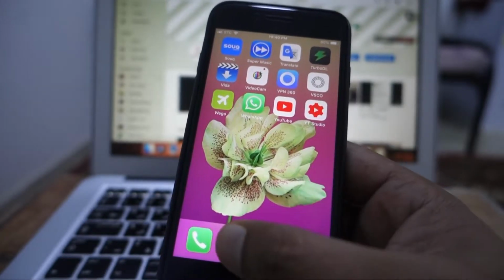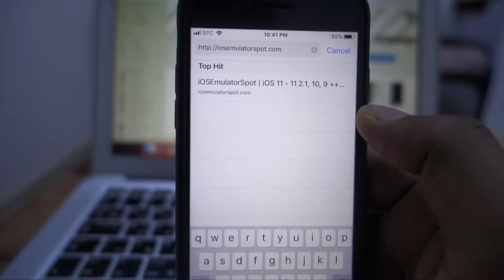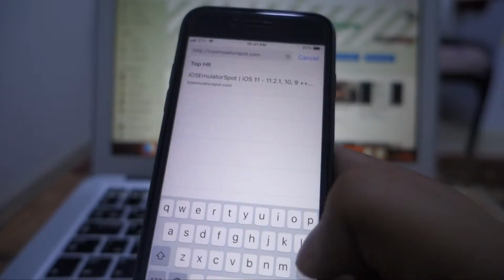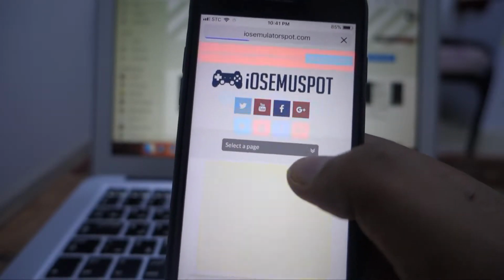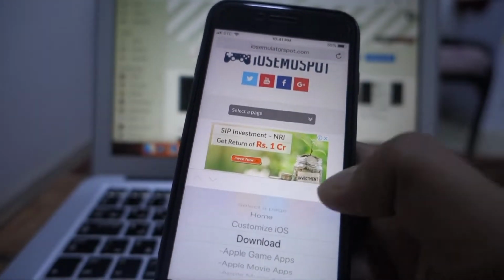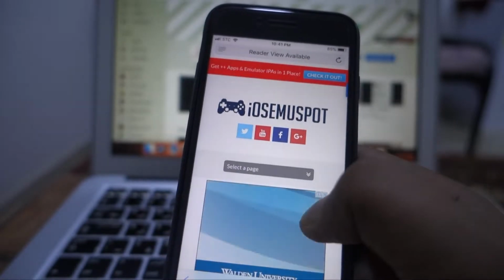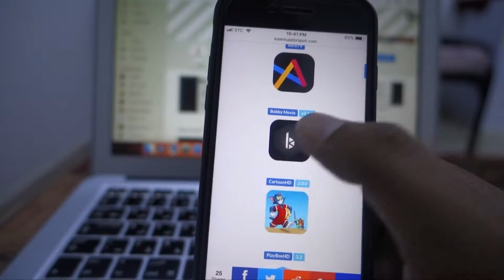So first of all, open Safari and head over to this link which I'll be giving you in the description. iOS emulatorspot.com. Head over to this website, then click select page, then go to download, then scroll down till you see this icon. Click on this icon,